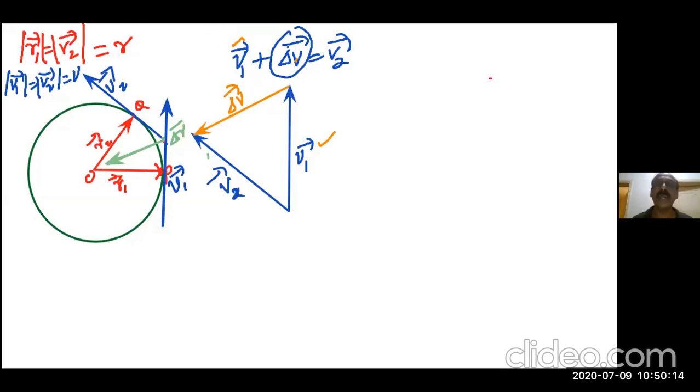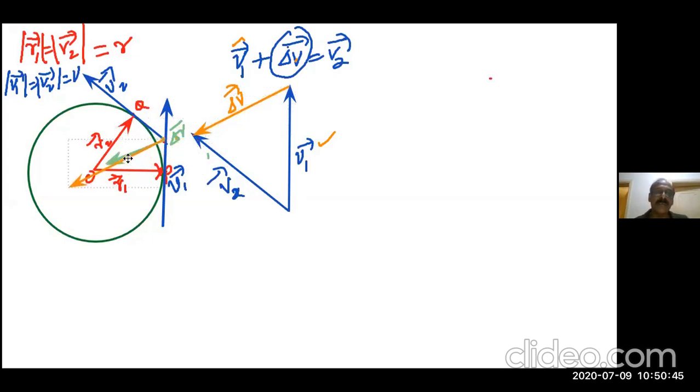One more thing. Now we see what the direction of delta V is. You see, V1 I brought here, V2 I brought here, and from the triangular law I got delta V. Now if I transfer V1 back here and V2 here, you see the direction of delta V is exactly in the middle, right? The delta V which I calculated here, I am bringing back to the circle. So this must be delta V.